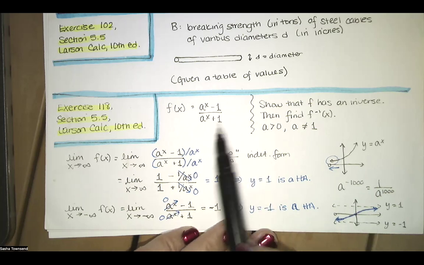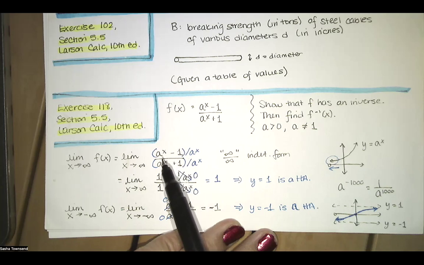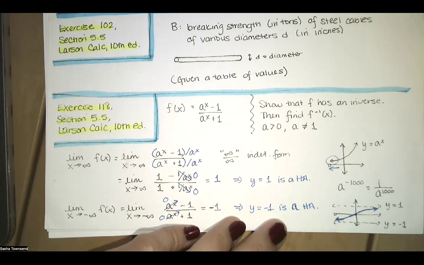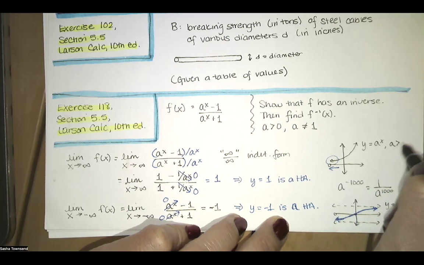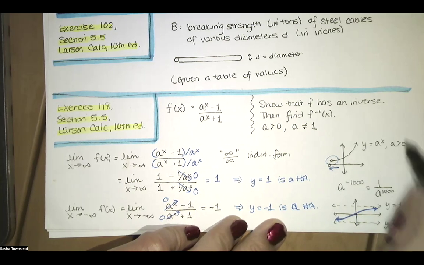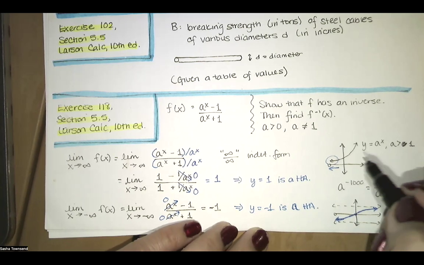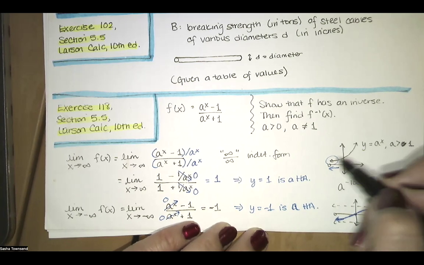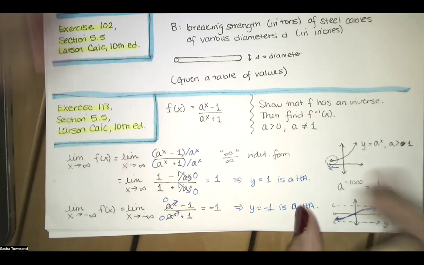And if our a value happens to be between 0 and 1 rather than being greater than 1, instead of a to the x looking like this, which is where a is strictly greater than 1, if a is a fraction, some number between 0 and 1, rather than increasing as you go from left to right, it decreases as you go from left to right. So in that case,